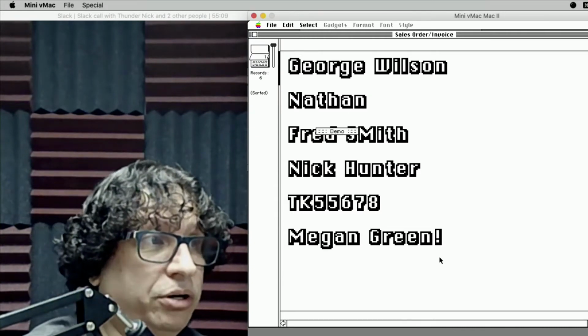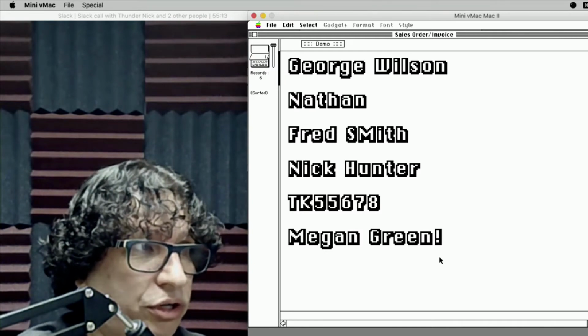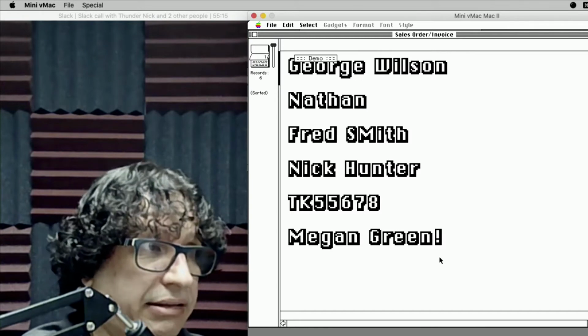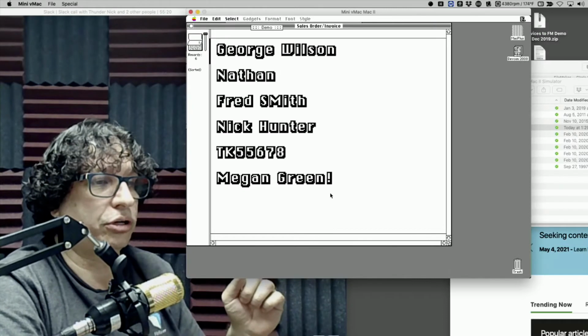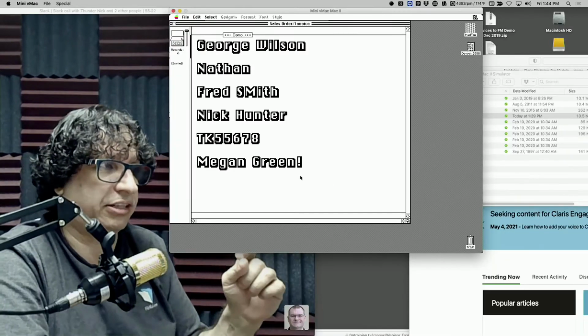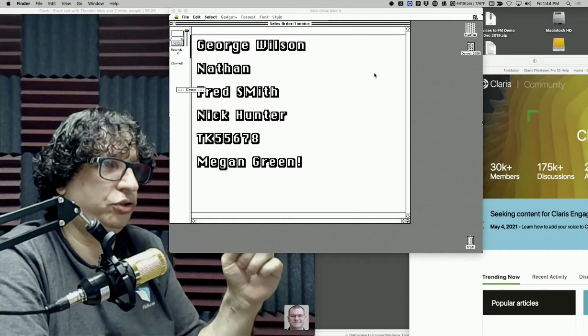Mac 2, remember, was a 16-bit computer, not 8. And not only this, but you had the floating point unit calculator, okay? FPU, floating point unit calculator.